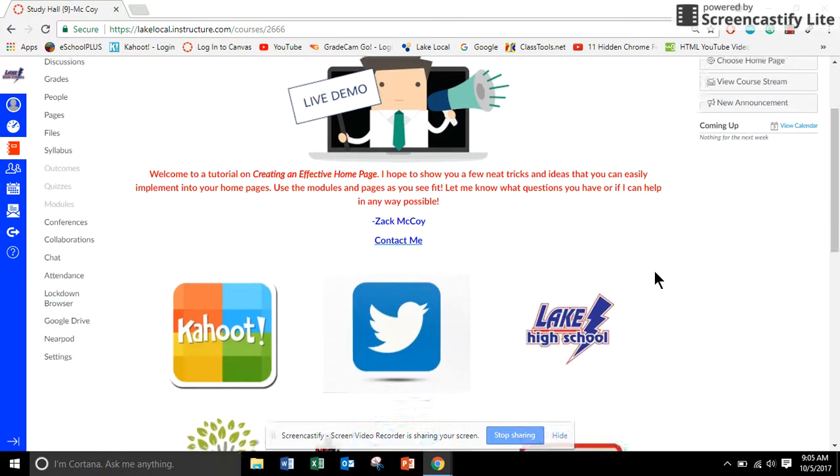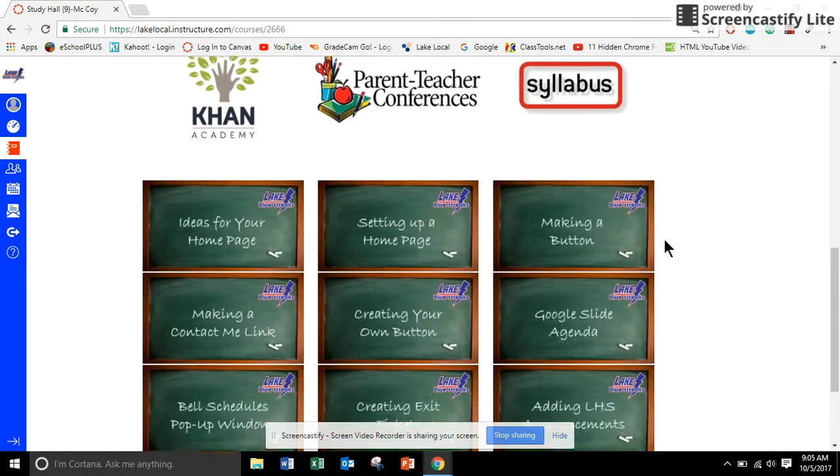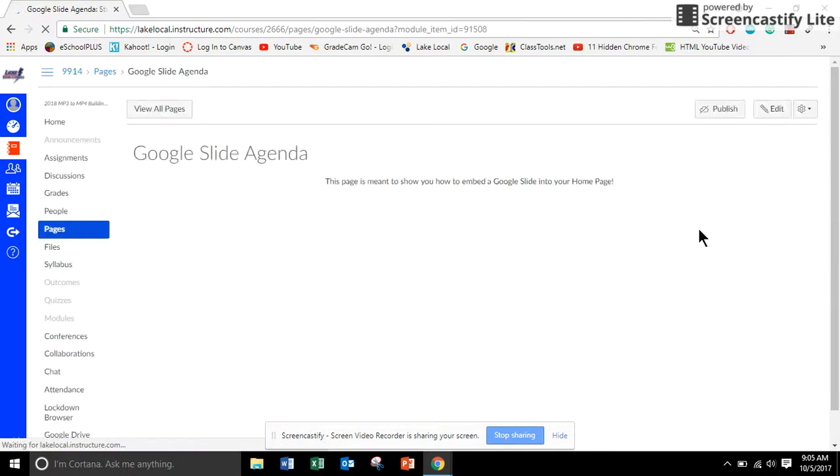So let's get started. Here's a couple buttons that we created two videos ago, I believe. And these are just images that we've linked to those buttons. And now we have different buttons that we created in the most recent video. And these buttons are now going to activate you through the different things that we're doing in modules. So for example, we have the Google Slide Agenda, which is the one we're going to do now. So I'm going to click on that, and then we're going to go through the process of embedding this Google